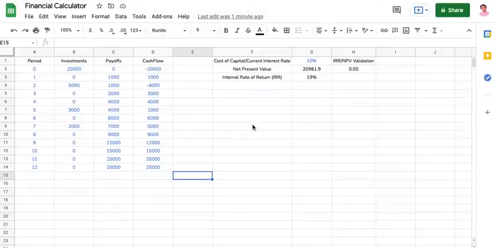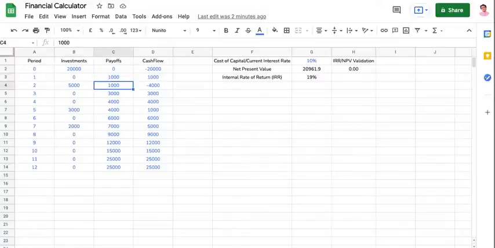Building a financial calculator in Google Sheet is no rocket science. You just need to do a bit of formula linking with the cells and then you are ready with it. A basic background on corporate finance will tell you that, let's say you're investing some amount of money and you are expecting payoffs from those investments. So you just need to put that stream of investments and payoff, and if you just add them,